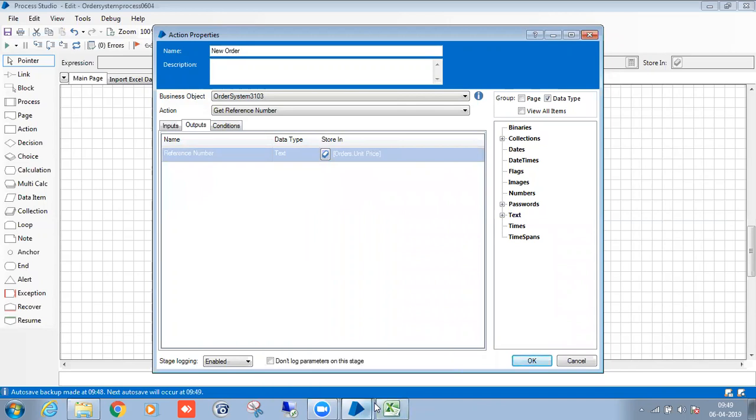Just copy paste. If you are writing it, you should write properly, because if one name gets mismatched, then it won't execute. It will throw an exception, right?